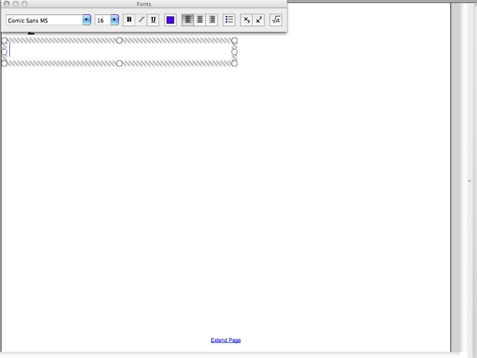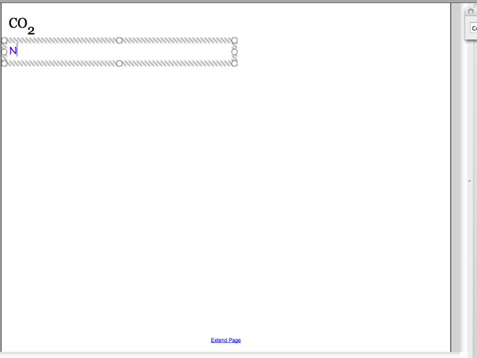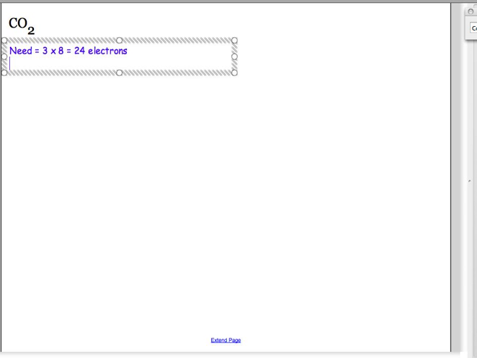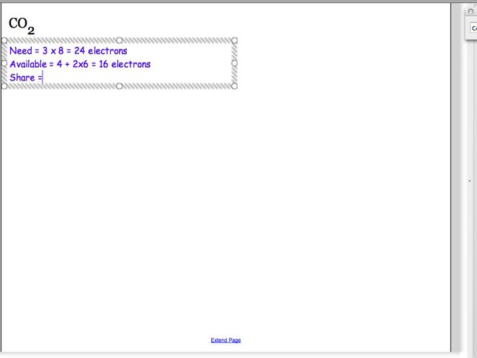Last one we'll do for this section is carbon dioxide. And again, same thing, our need, available, share. So our need, we have 3 elements that are very normal, they're not hydrogen or anything. So we need 3 times 8, which is 24 electrons. Again, our available has to do with our valence electrons. So carbon gives us 4, each oxygen gives us 6, and that gives us a grand total of 16 electrons that we have. And if we do our share, 24 minus 16 equals 8 electrons,